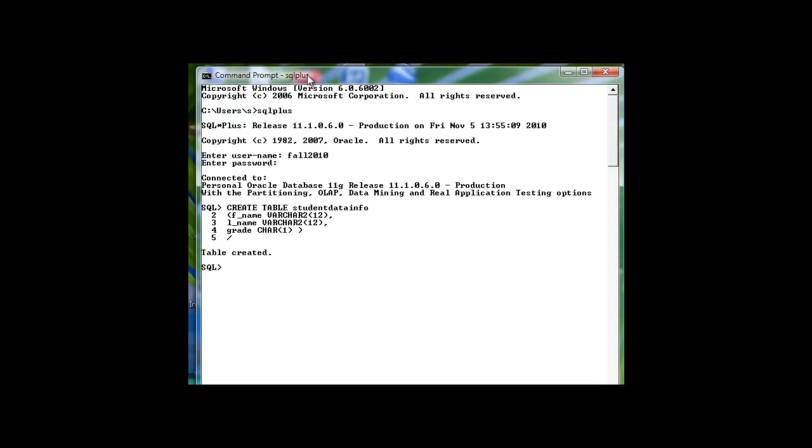Okay. Next step, we're going to enter data into the table. So to enter data, we need the keywords INSERT INTO. I'm going to type that in caps since it's keywords. I need to give the table name. My table name is student data info. And before we do that,